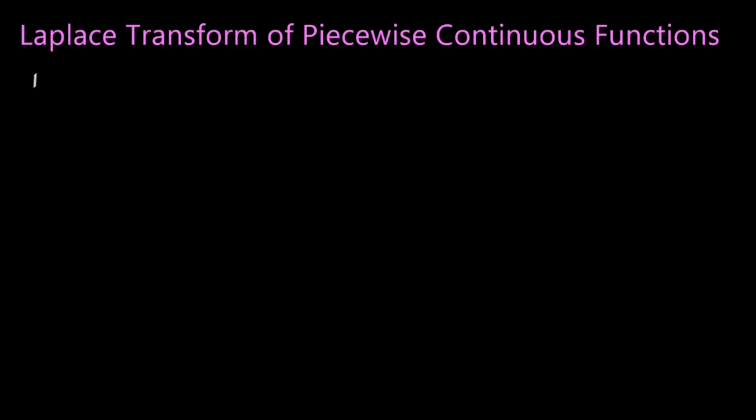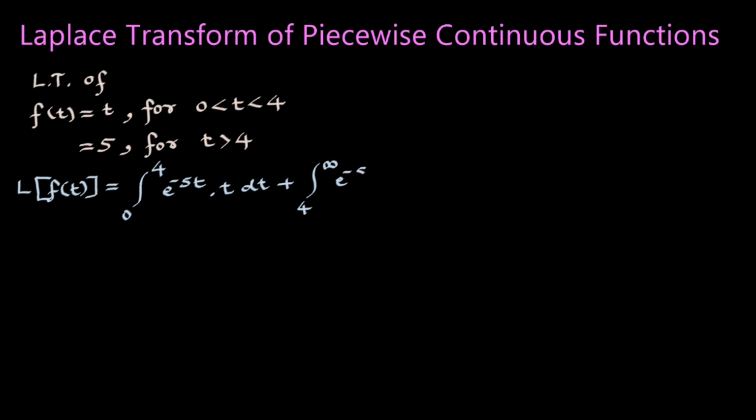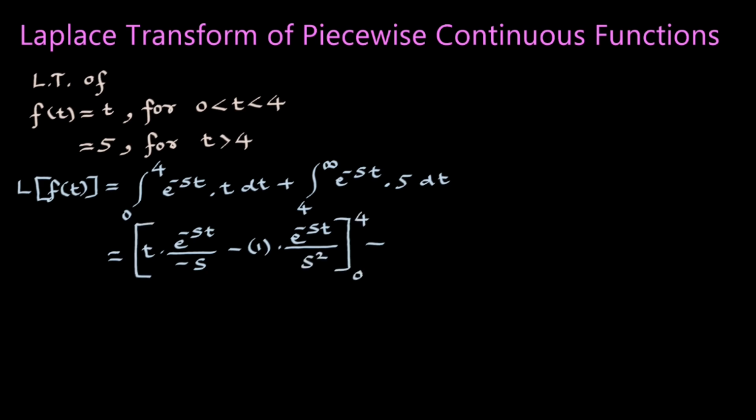Find Laplace transform of f(t) equals t for 0 less than t less than 4, f(t) equals 5 for t greater than 4. Laplace transform of f(t) will be integral from 0 to 4 e raised to minus st into t dt plus integral from 4 to infinity e raised to minus st into 5 dt. Integrating by parts, this will be t into e raised to minus st upon minus s, minus 1 into e raised to minus st upon minus s into minus s, that is s square, from 0 to 4, plus 5 into e raised to minus st upon minus s from 4 to infinity,